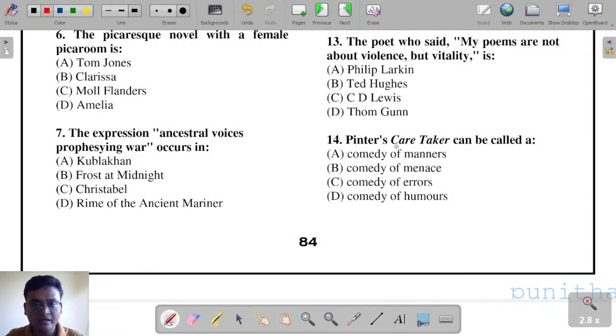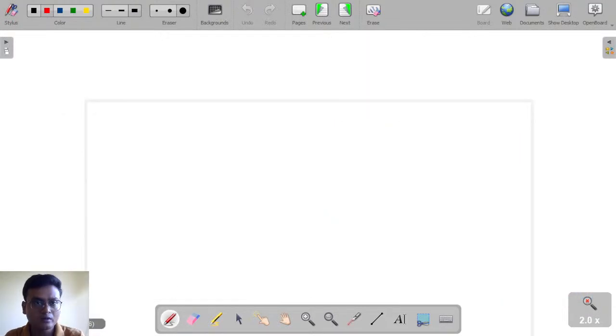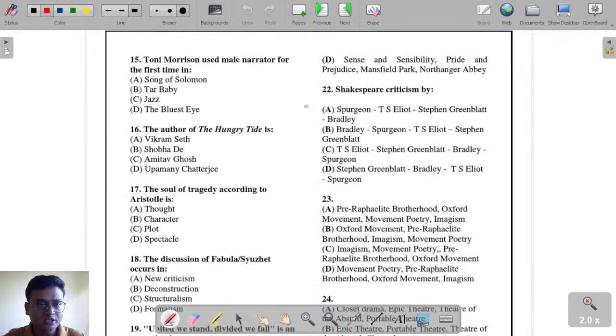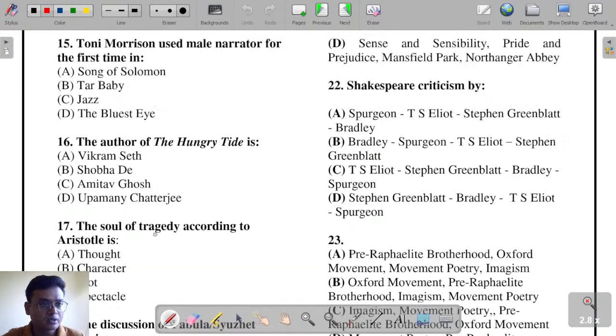Painters, caretaker can be called as Comedy of Menace. Next question, moving on to question number 15 here. Toni Morrison used